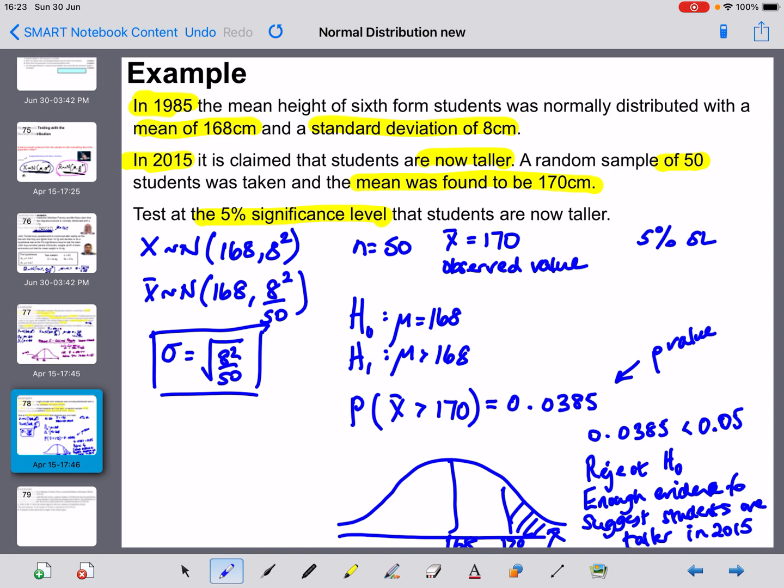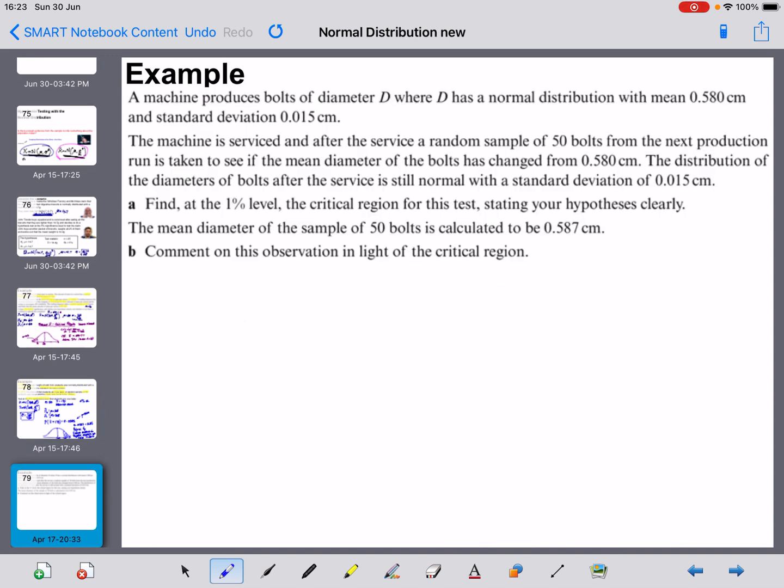Okay, so that's that example. I'll just do one more. Okay, a machine produces bolts of diameter D, which is normally distributed with a mean of 0.58 and a standard